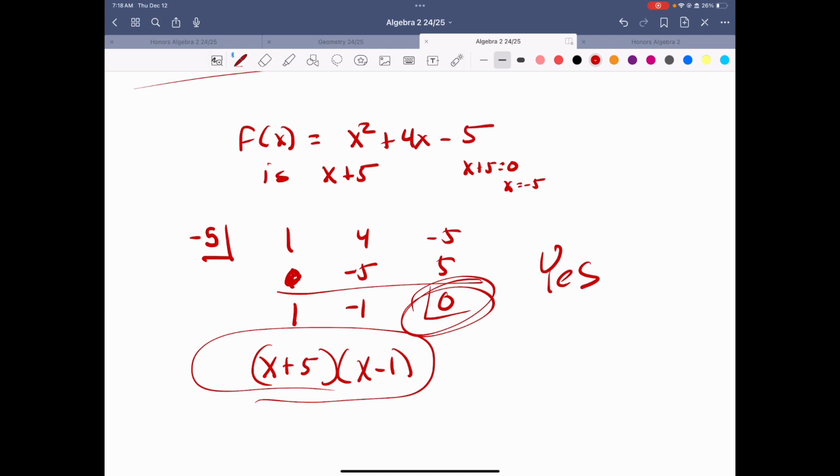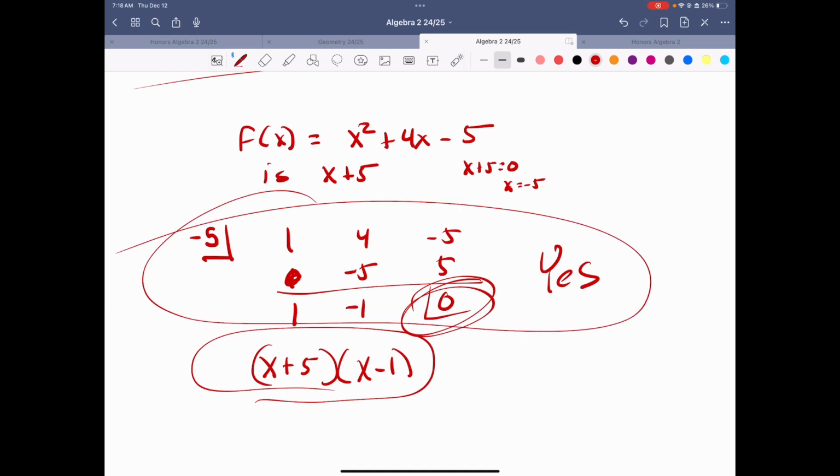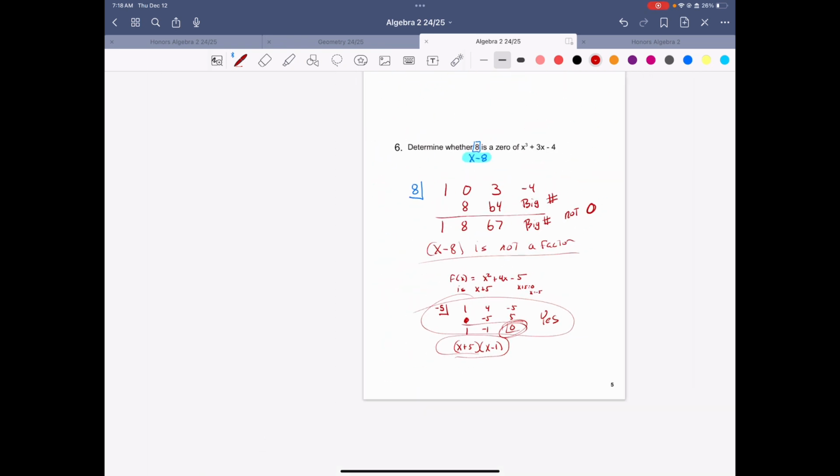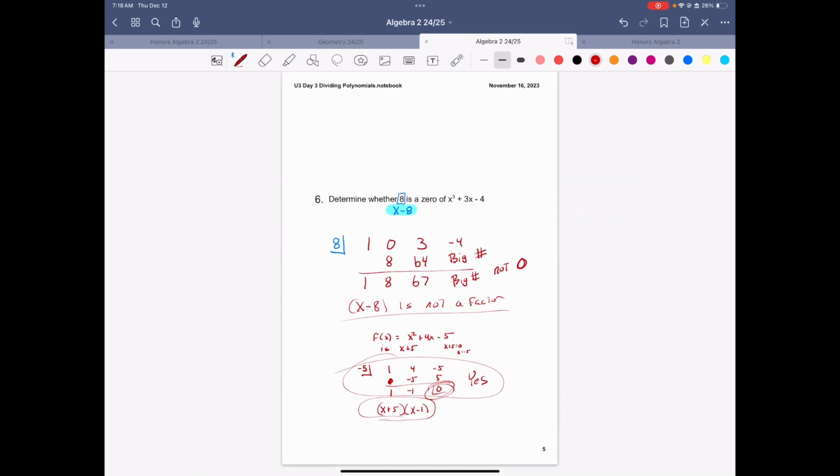If it just says determine if it's a factor, that's just a yes or no question, and you determine it with that. Okay, so that's taking care of the second part of it. This also takes care of the lesson for